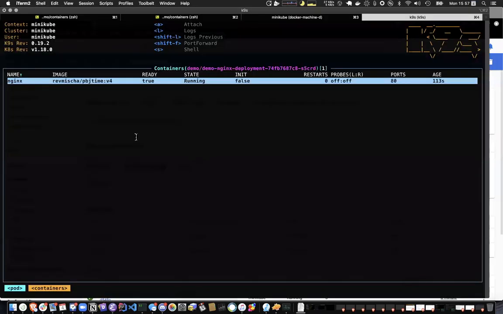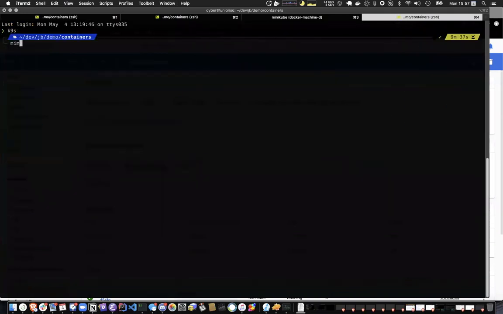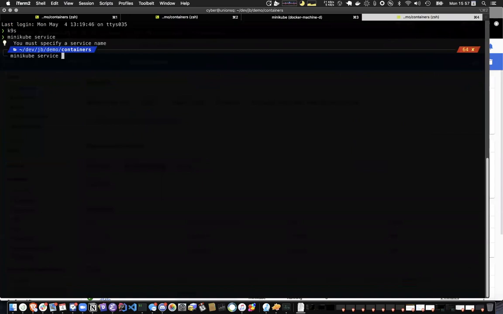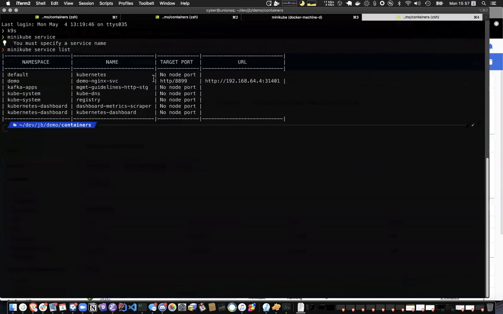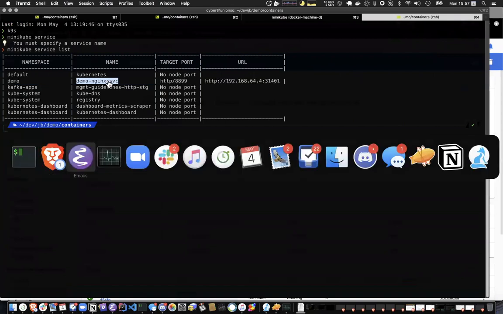So for Minikube, I can go over here. Let me quit this. Minikube, I think it's service list. Yeah, so these are the services running. I can see here, here's our demo Nginx service, and this corresponds to,